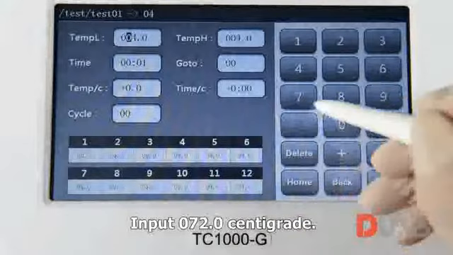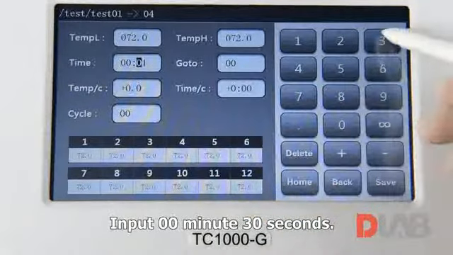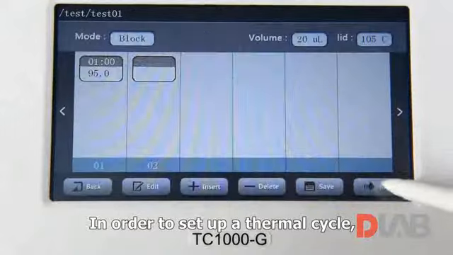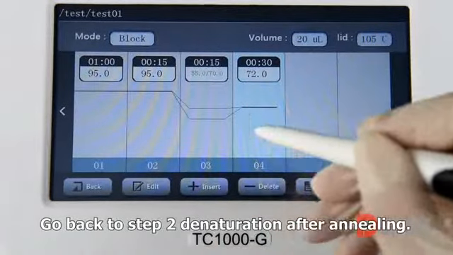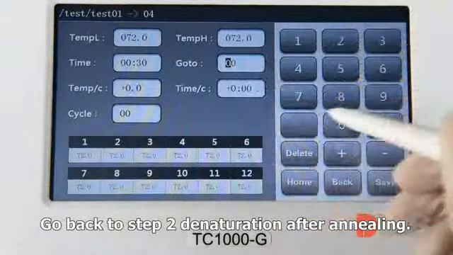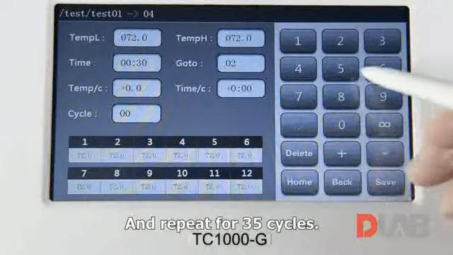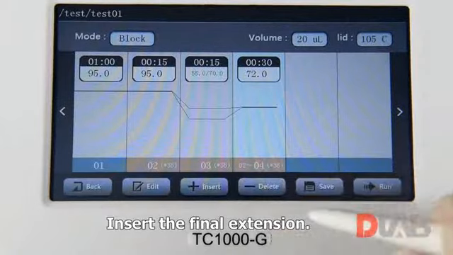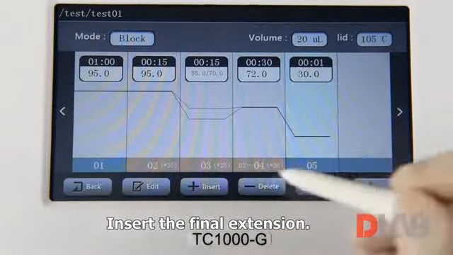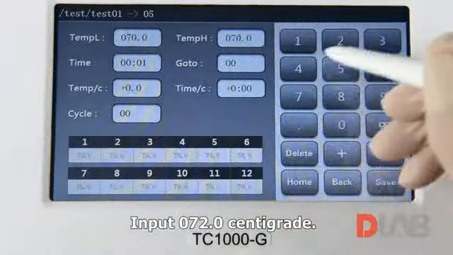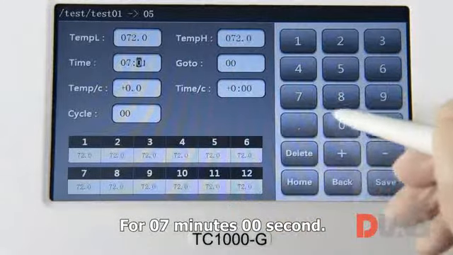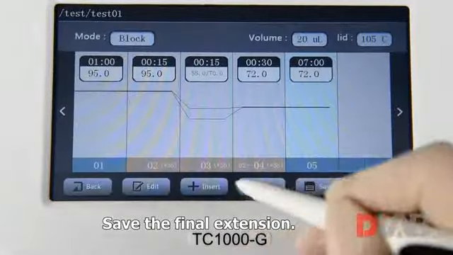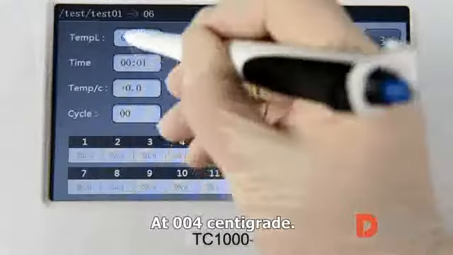Input 72 centigrade. Input 30 seconds. In order to set up a thermal cycle, go back to step 2 denaturation after annealing, and repeat for 35 cycles. Insert the final extension. Input 72 centigrade for 7 minutes. Save the final extension. Set the onboard cold storage at 4 centigrade